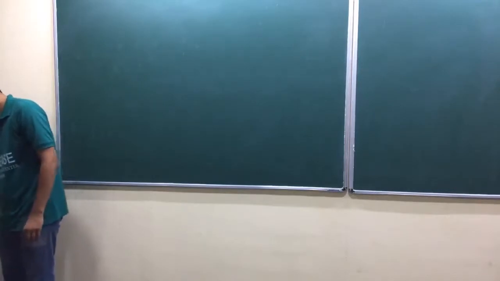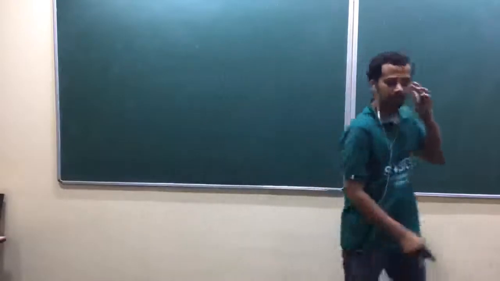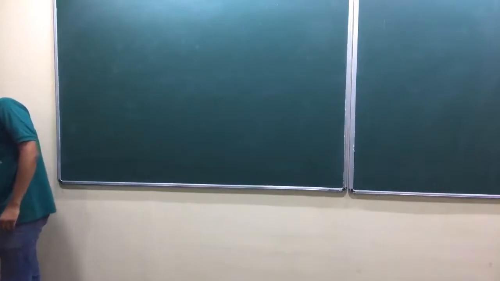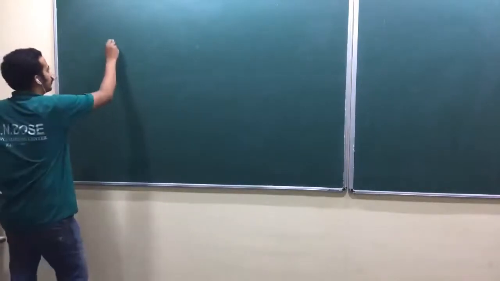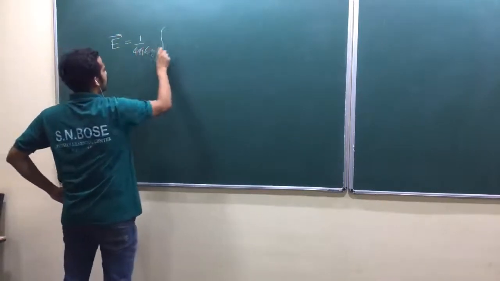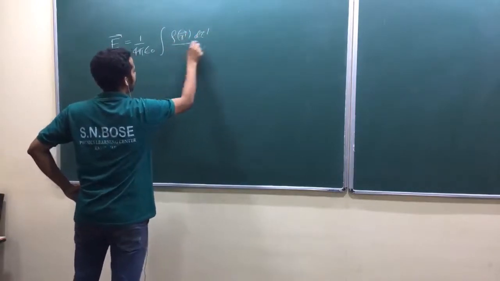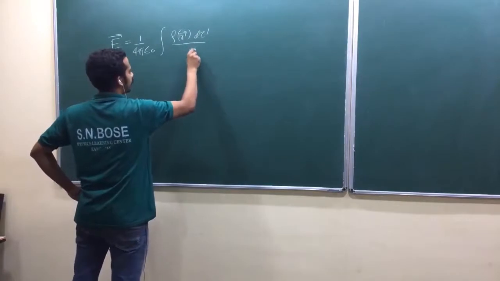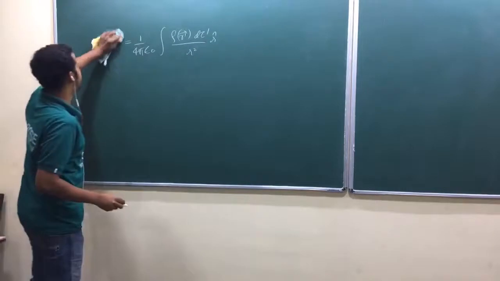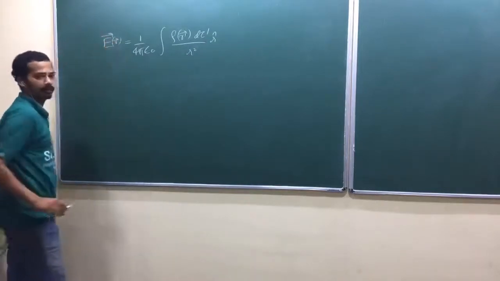Now, let us slowly get into the curl of the electric field and the potential concept. You can start with Coulomb's law, 1/4πε0, the most general one. Integral of rho of r prime d tau prime divided by r square, r cap. This is the electric field at r, where r is the position vector of the field point.